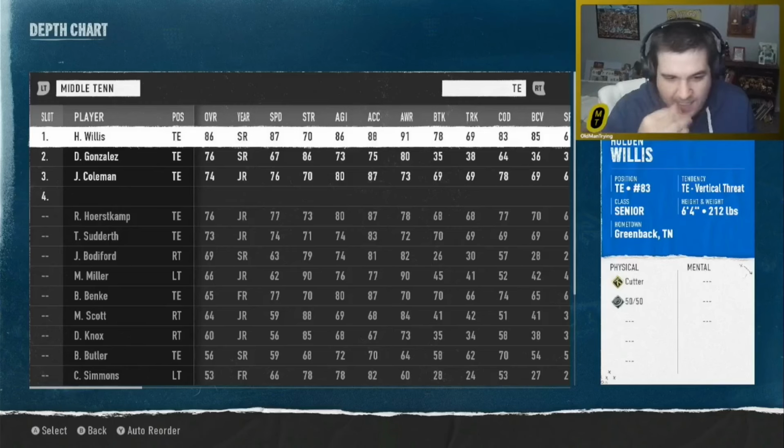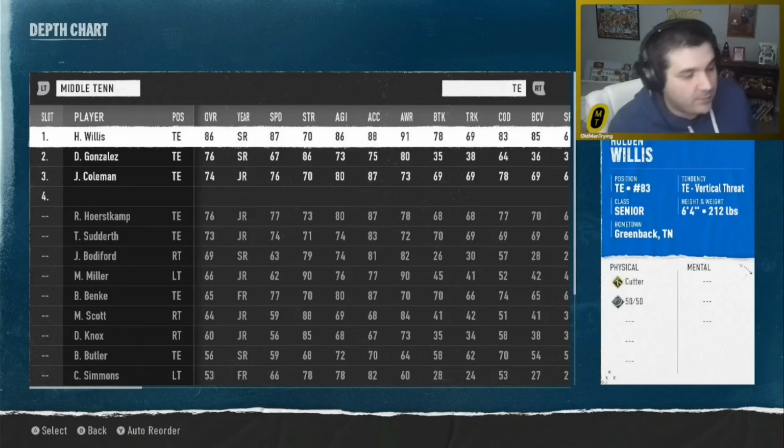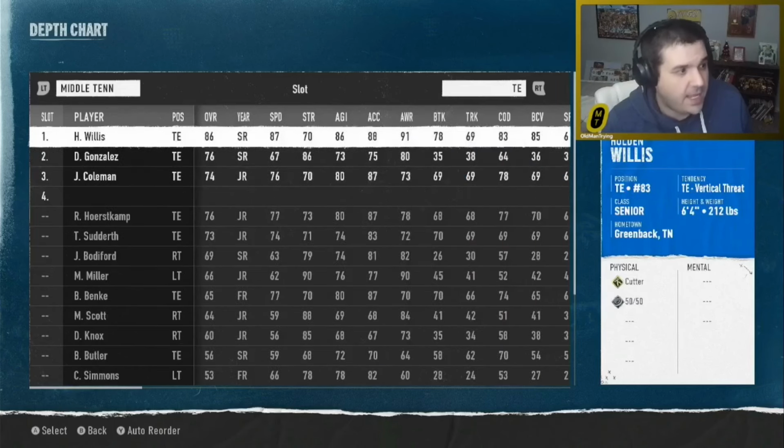That's going to be kind of how we're going to do this. But back to Middle Tennessee State. With these receivers, our top 3 receivers are 93, 92, 92 speed. Very, very good. 86 overall, 87 speed tight end. Those are your 4 receiving threats. Then you have the 91 or 92 speed halfback out there with a pretty solid quarterback and 2 versions of